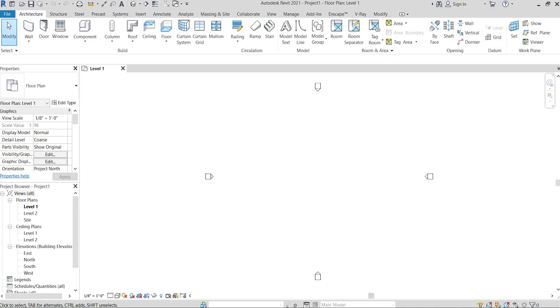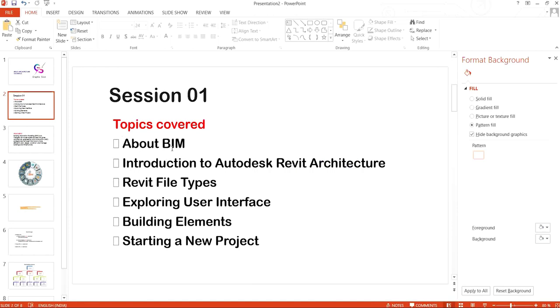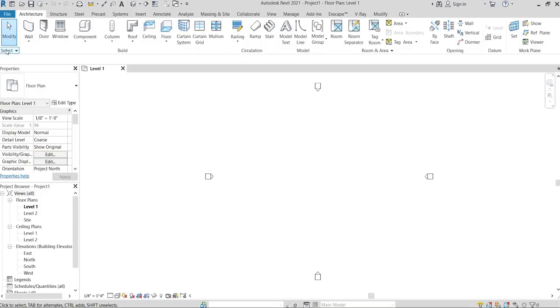After that, what is the topic? BIM. We finished the introduction to Revit Architecture. We finished Revit file types. GUI means graphical user interface. Exploring the GUI, yes, we know. Revit building elements I explained, and how to start a new project, yes, I explained those things.